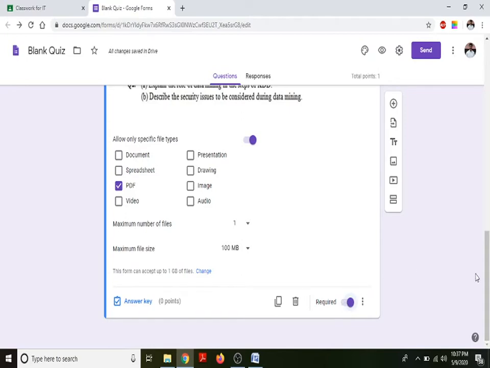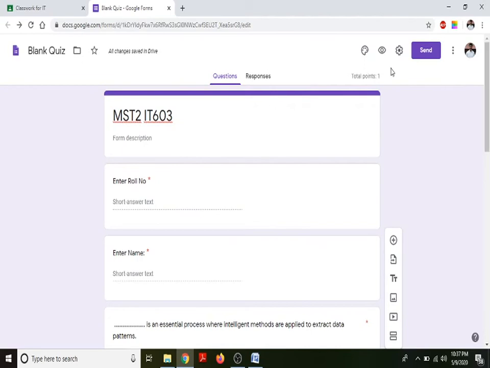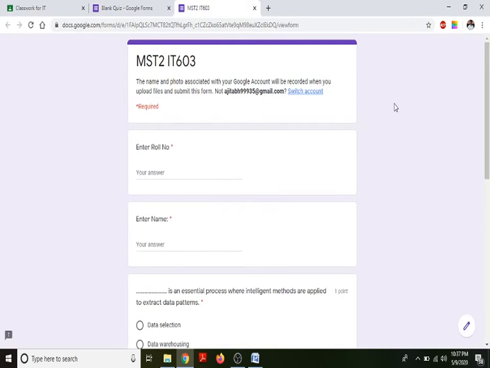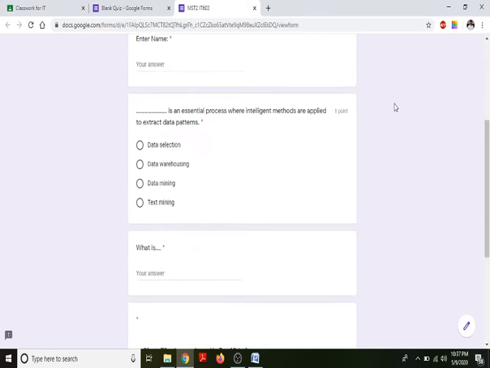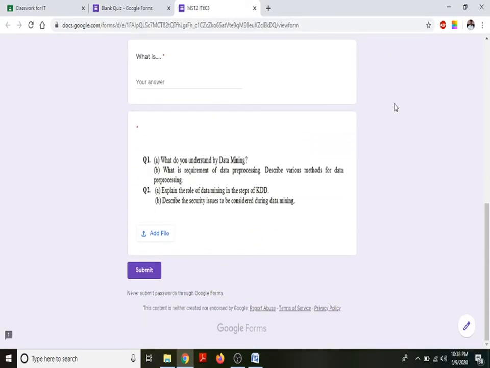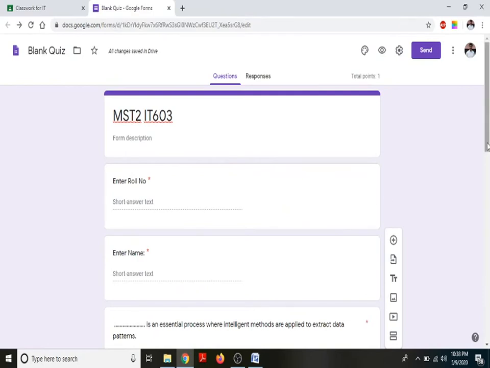And simultaneously, when you are creating this form, you can also see the preview of this form, how it will be looking to the students. So that is the preview. You can add a file, and a star mark will be there on which question is a required field. So students will be able to identify that they cannot skip it. So you can add the files to this and you can submit the response. That is basically the preview of your form, right?